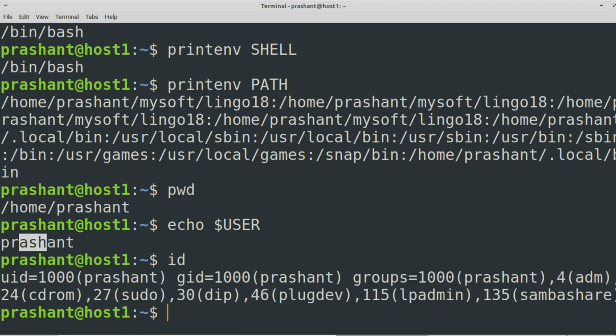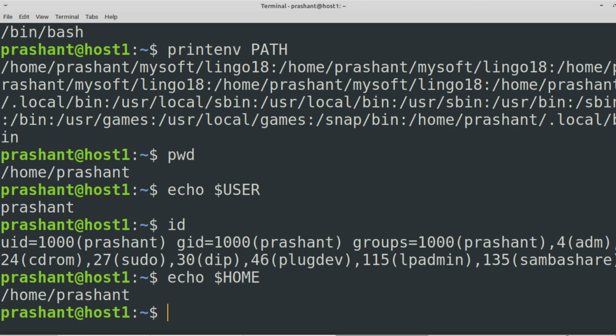So remember this command. Then let's try echo dollar HOME. This environment variable stores the home directory of this user Prashant. Right now I am logged in as the Prashant user, and my home directory is this one.